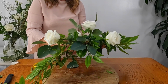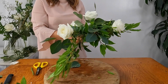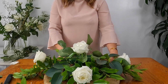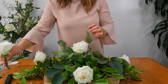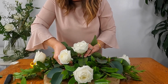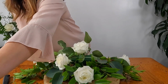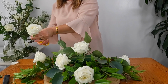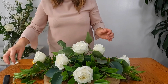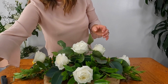So I'm going to hold it up again, but the more flowers you put in, the more water that's coming out of this oasis, which is why I've got my board here. Okay, so that's what it now looks like. So I'm going to add a couple more roses, and they are just going to be on the corners like this. And I'm only going to add 2, I'm not going to add these to each corner. And the reason for this is we've got other flowers that we're adding to the display. Okay. So now we have these in,